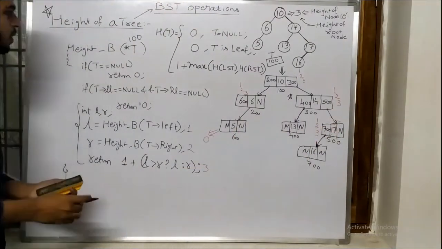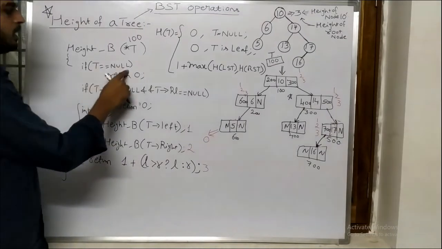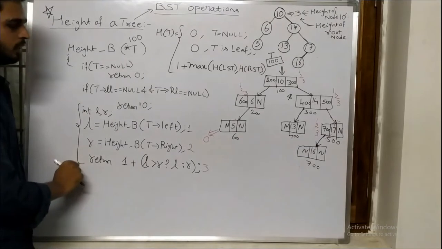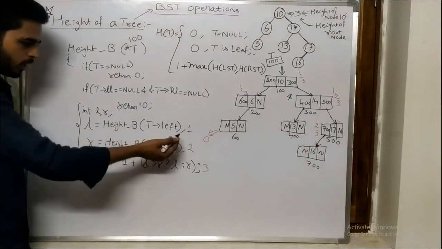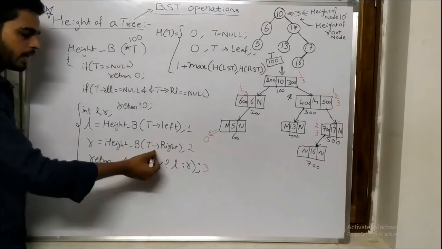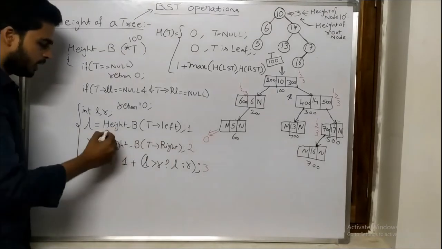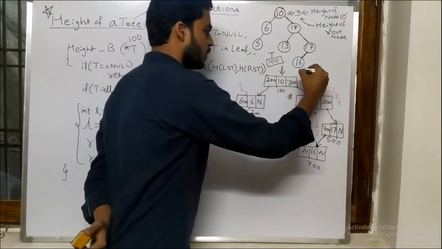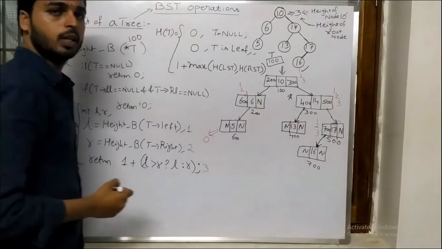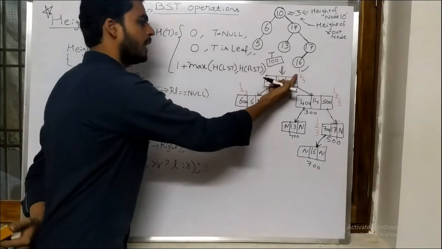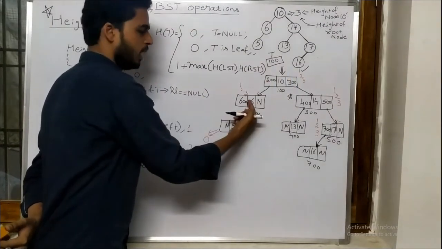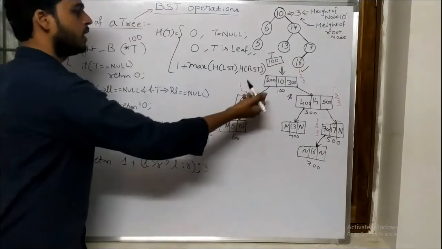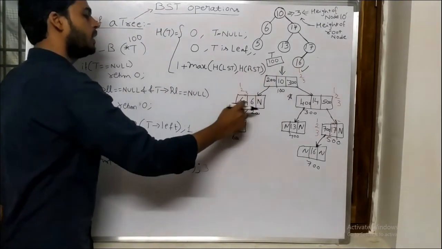Okay, fine. Is T null? No. Is T arrow left link null and T arrow right link null? No. Then it is going to execute this statement. When it comes to this statement, I have defined it as 1 because these are all recursive statements. When it comes here, it is going to execute the first one, and it will move to the left side. Whatever value is returned by this one will come back here, and that's the reason I wrote L. So it comes to this one and it is going to check once again.